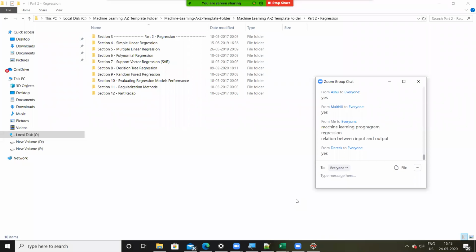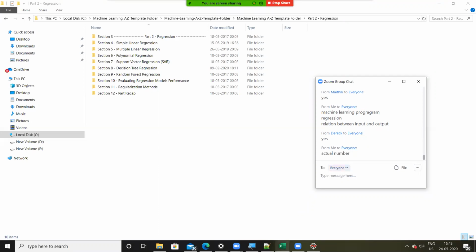Now, in regression, what we are trying to do is predict the output based on inputs. Here we are trying to predict an actual number. So in regression, we always predict numbers.